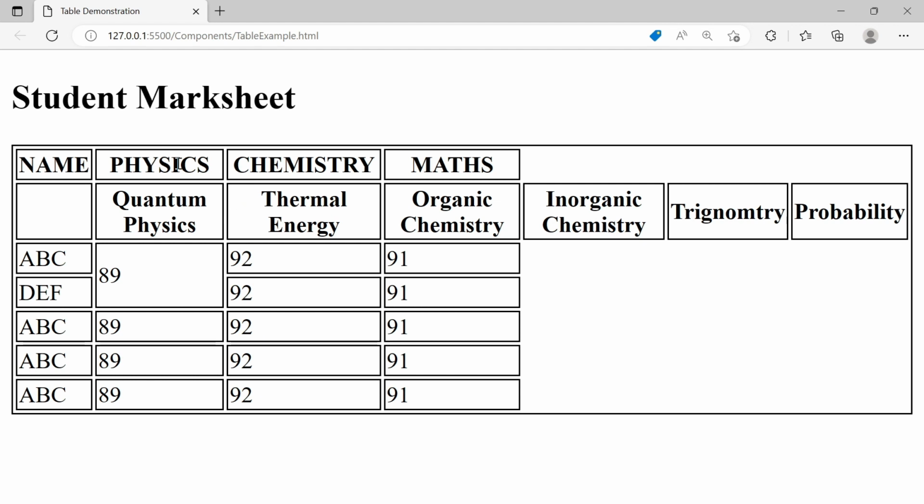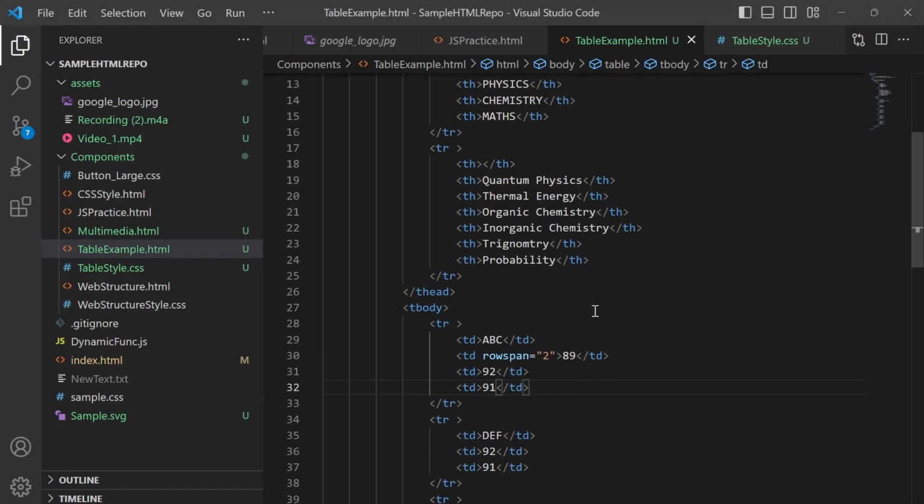I want to merge these two cells in the row to show as physics, then these two cells as chemistry, divided into organic chemistry and inorganic chemistry. Then I want to show these two cells as maths and divide them into two topics, trigonometry and probability. So we'll see how we can do it.